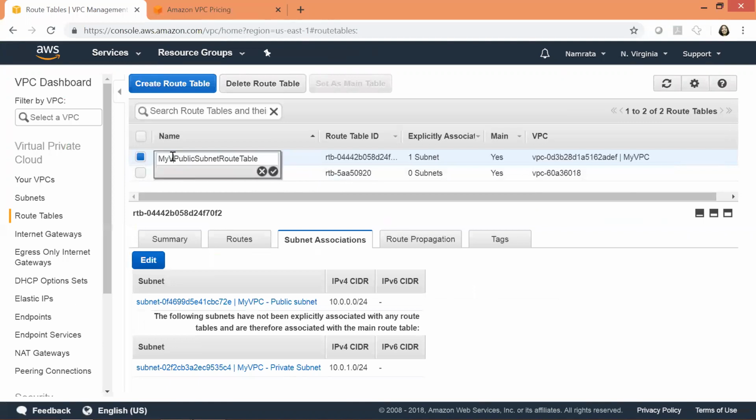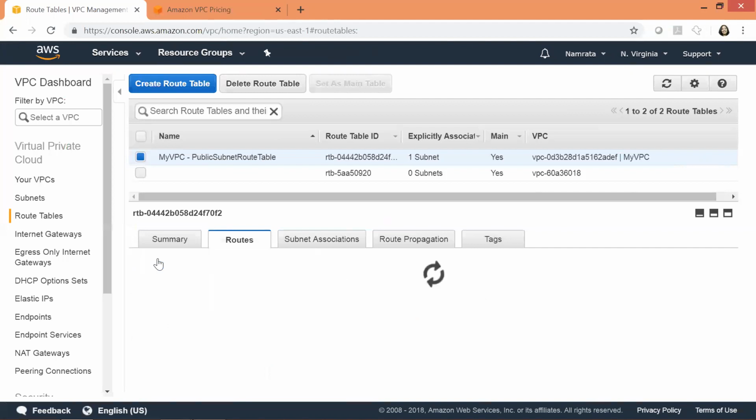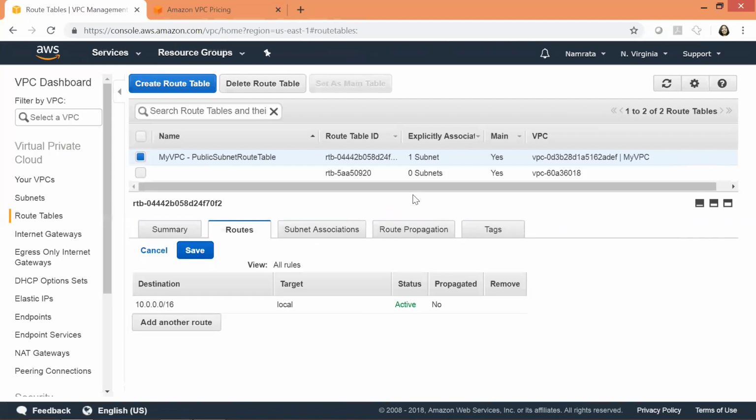So I'm going to give my VPC public subnet route table. And so we've associated our public subnet to this. Now this is a subnet that we need to modify the routes for. So we'll go ahead and now modify the route for this particular route table and have our non-local traffic directed to our internet gateway. So we go ahead and click on add another route, and we'll put the quad-zero